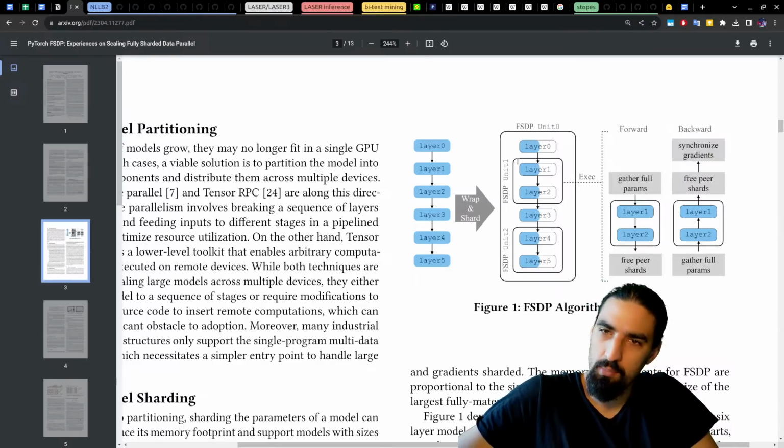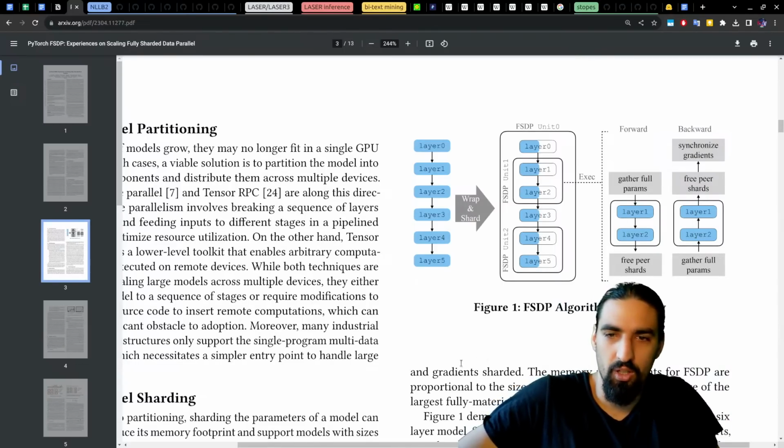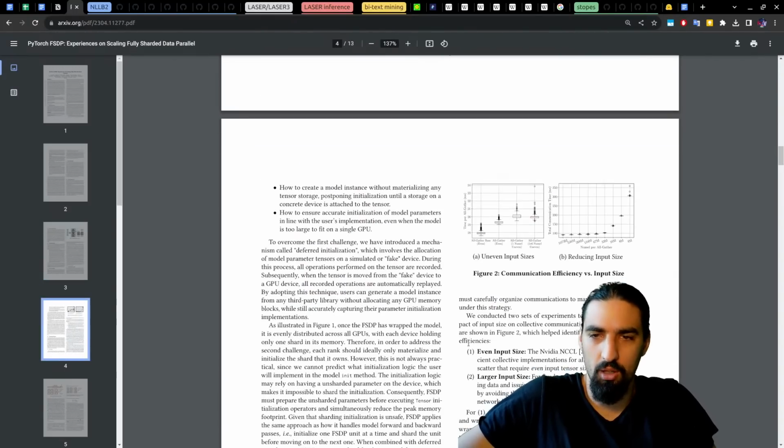I'm not sure what they mean by unit 1 and unit 2 here. Is this like pipeline parallelism? I doubt it. And then during execution, gather full parameters, pass through layer 1 and layer 2, and then free peer shards, and then again gather full parameters. This is for the backward pass, and then free the shards, and then synchronize the gradients. Okay, forward and backward. Okay, that's roughly what we saw in the blog as well.